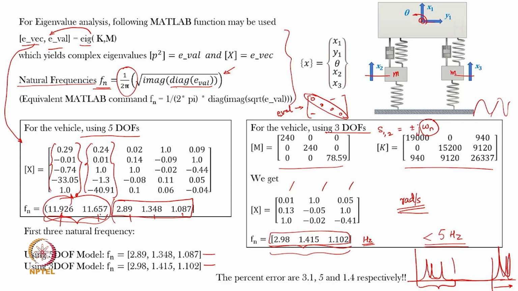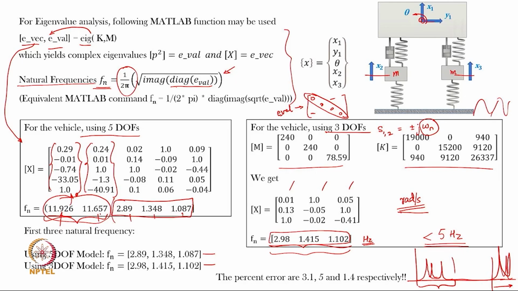And what you are observing is that it suffices to use fewer degrees of freedom, and the error in the estimation of the natural frequencies with the fewer degrees of freedom is not substantial actually. So, you can actually use as low a number of degrees of freedom as you wish. The only thing that will happen is that, suppose